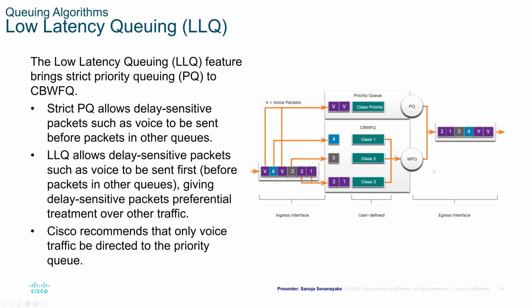However, to get the maximum out of the LLQ, it is usually recommended that only voice traffic be directed onto this priority queue, so that the priority queue doesn't get congested as a result of having too much traffic coming into that priority class. So remember that LLQ is building on top of the